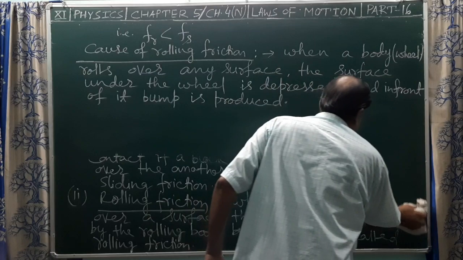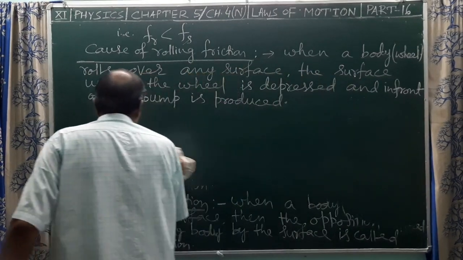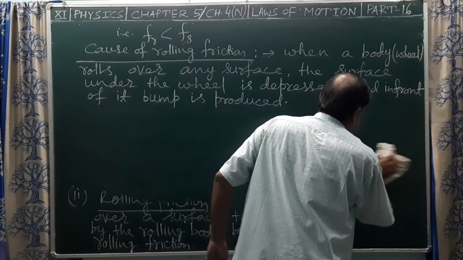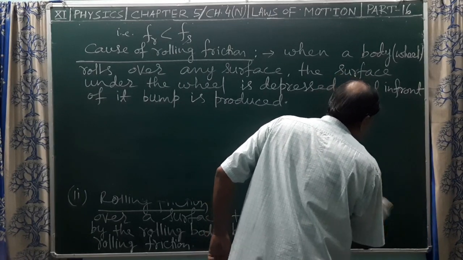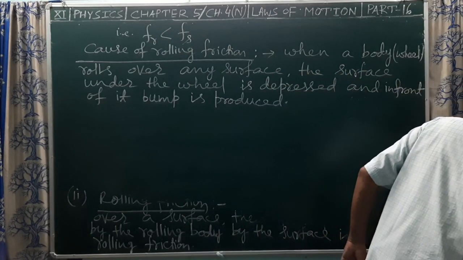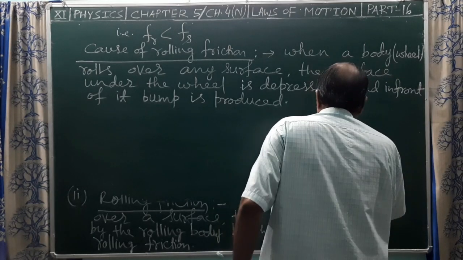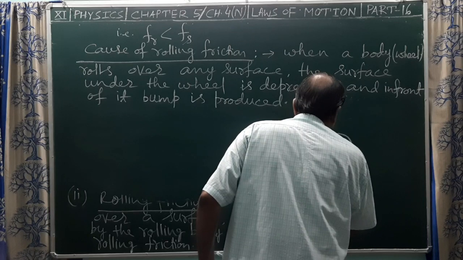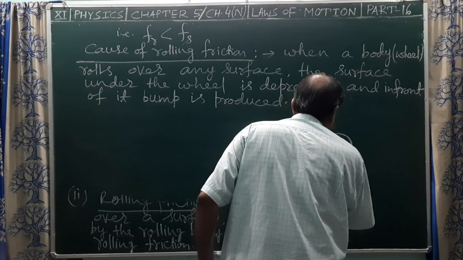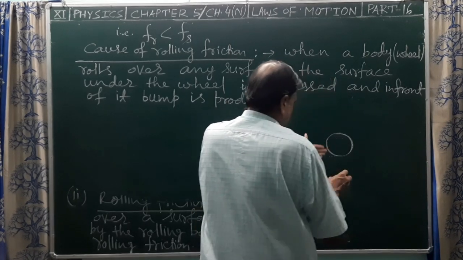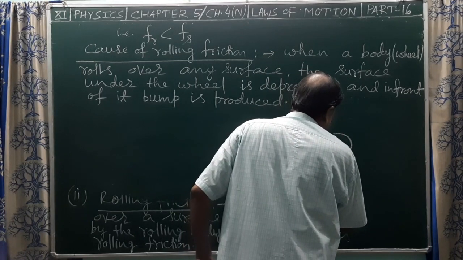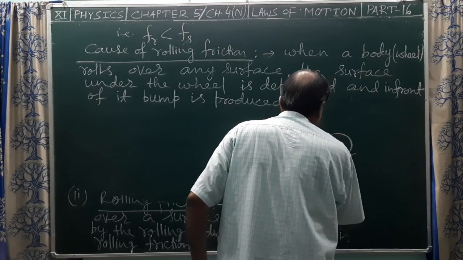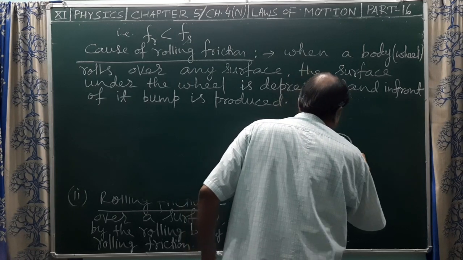We can also demonstrate in a diagram. That is, during the motion of a wheel over a surface, the surface under it is depressed. The surface below the wheel is depressed, and in front of